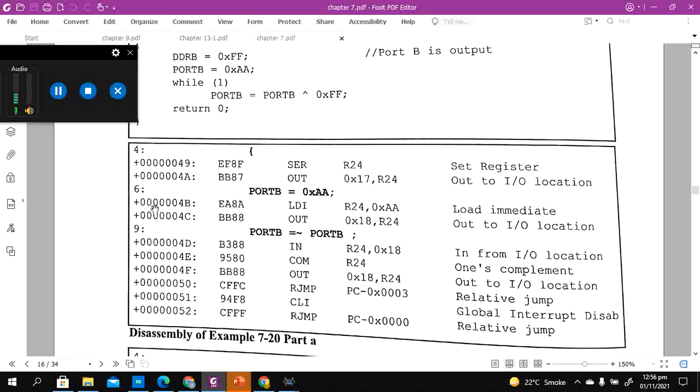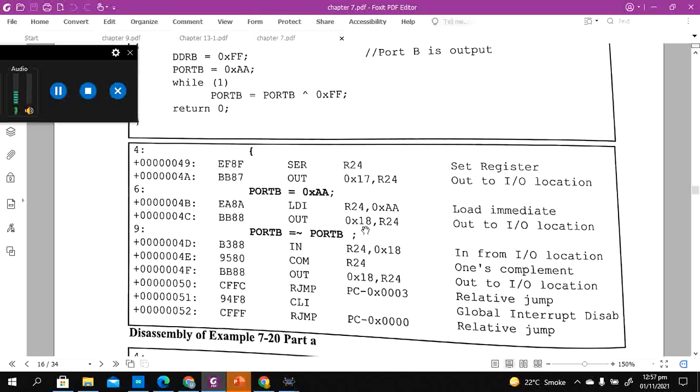These are machine level addresses, the opcodes written in hexadecimal, and then this is assembly, the mnemonics that mask these binary or hexadecimal numbers. Usually the binary and hexadecimal numbers are the machine addresses and machine data.